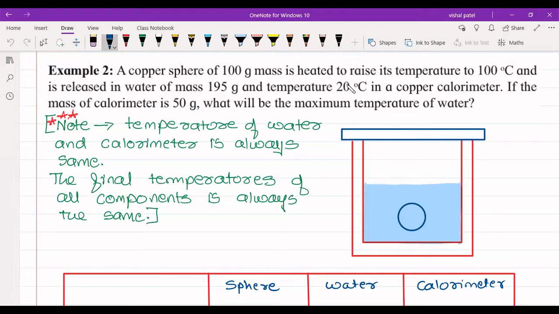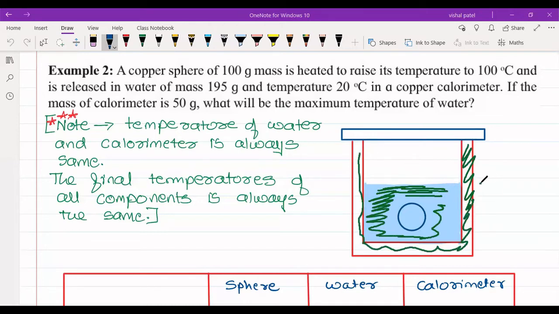Now, students, if you see a simple thing, I'm asking you. This is water. See, I'm showing with a green color shading part. This is water, and this part is calorimeter. Now, we see that the calorimeter and copper are coming in contact with each other. The sphere inside, I haven't put in yet. This sphere is outside. After that, I'm going to put the sphere inside.